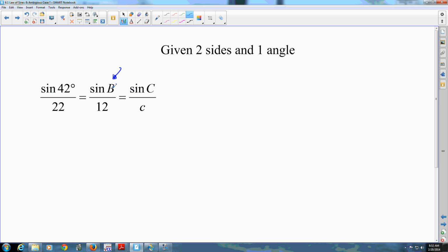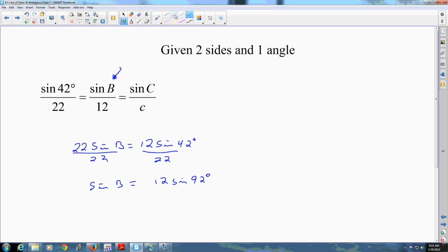So you have to start by finding angle B. So, cross multiply, 22 sine B is equal to 12 sine of 42 degrees. Divide out the 22, and you have sine B is equal to 12 sine 42